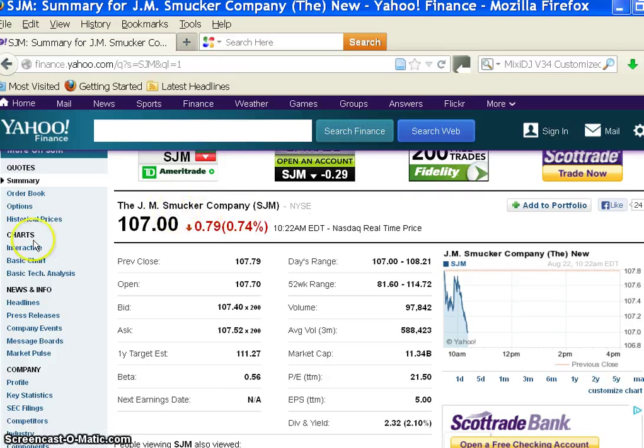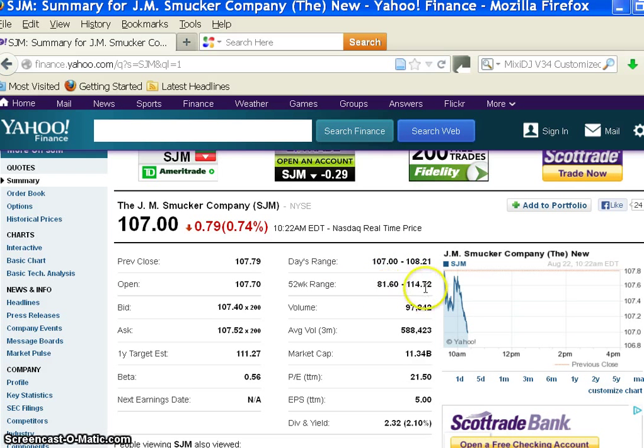It tells me what the current price is for Smucker, 107. It tells me that it's gone down 79 cents from the previous close, and that's a 0.74% price change today. It gives me the prior day's close of $107.79 per share. Today when the market opened, it opened for $107.70 per share. It gives the low and the high for the day price per share, and also the 52-week high and low